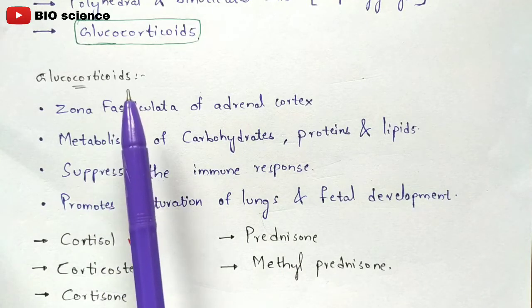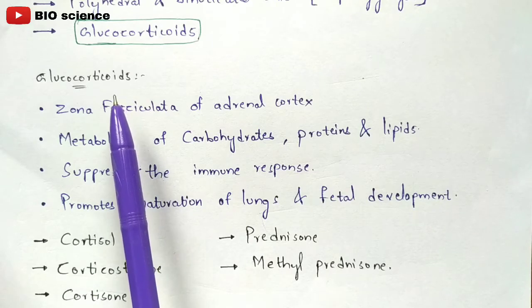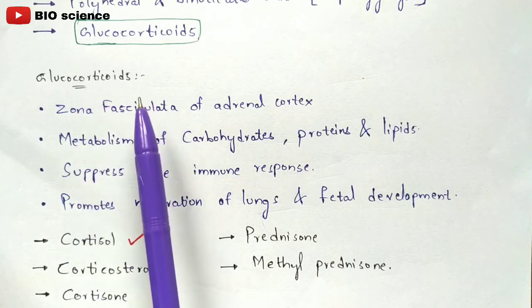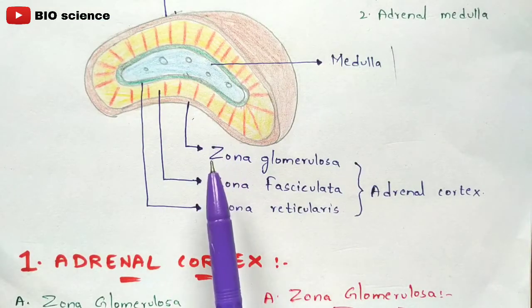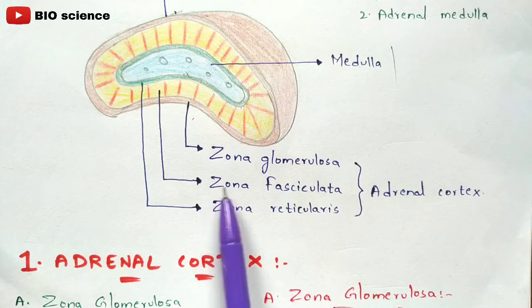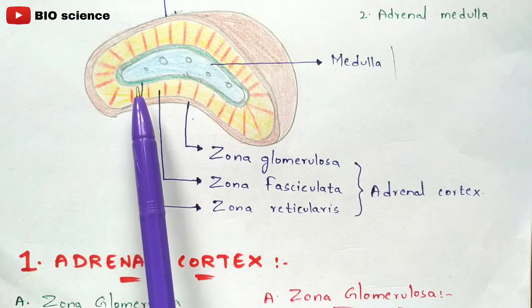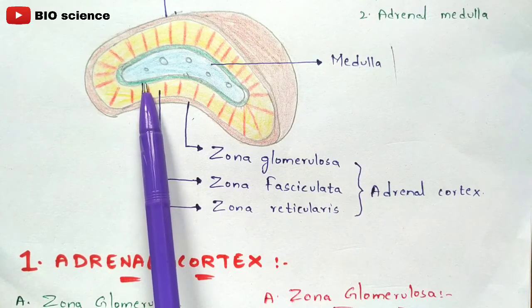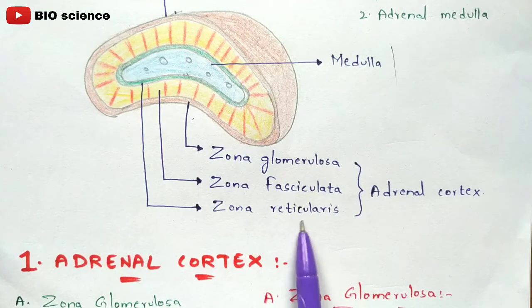So what is the zona fasciculata? It is an intermediate zone which occupies 65% of the cortex region, and it secretes the hormone called glucocorticoids. Now let us discuss the third layer. We have discussed the first layer called zona glomerulosa. The second layer, this yellow color region which is the intermediate zone, is called zona fasciculata, and now we are going to discuss this third zone which I have marked with green color, right? It is visible, I think. So this is called zona reticularis. Now let us discuss this zona reticularis.